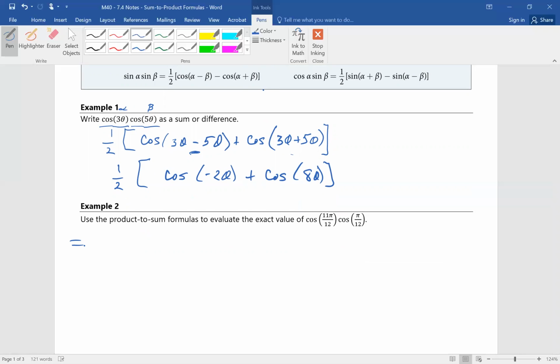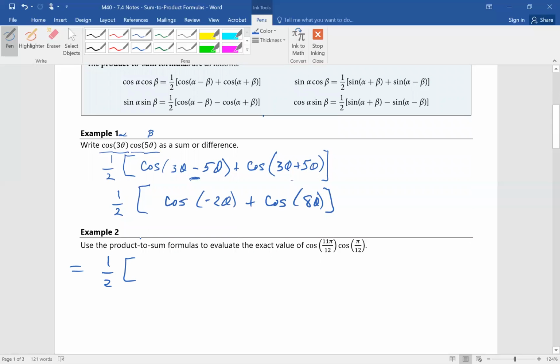Okay, if you're playing along here, you should be like, well, this isn't that bad. I'm just going to put 1/2 and copy exactly what we did from up above. And if you need to see it, we can go there. But cosine of, I'm sorry, 11 pi over 12, right? I said cosine, but my hand didn't write it. So let me get back in there. So the cosine of 11 pi over 12 minus pi over 12